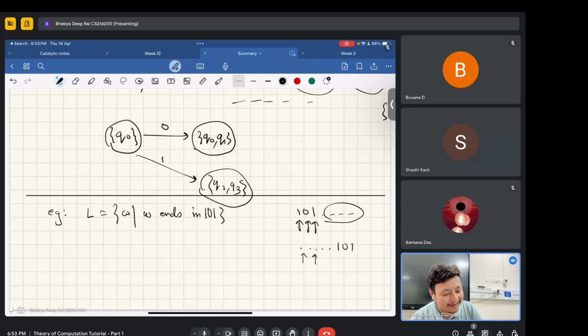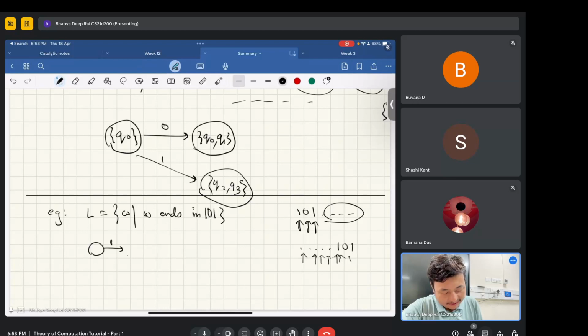let's say I keep states and so on, and then I see a 1, then I move to another state, and then a 0, then I see another state, and so on. But the thing is, I do not know where the string ends. So here is the idea. One way to design a DFA, it is possible to design a DFA for this also. The idea is